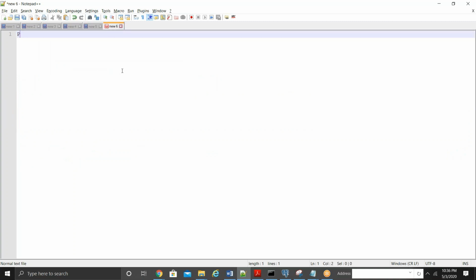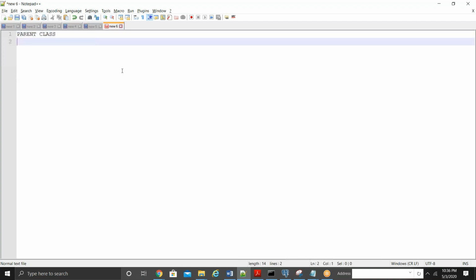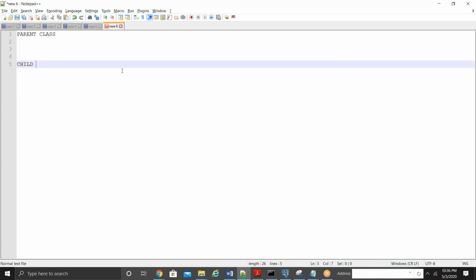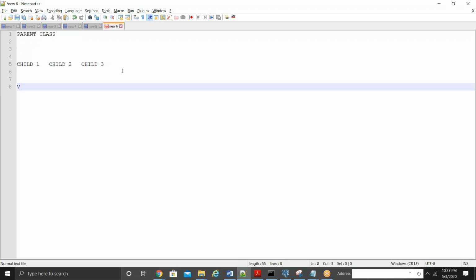I have a parent class, and I have child 1 and child 2 and child 3 as subclasses. Now, under child 1, I had an activity called validate employee details.